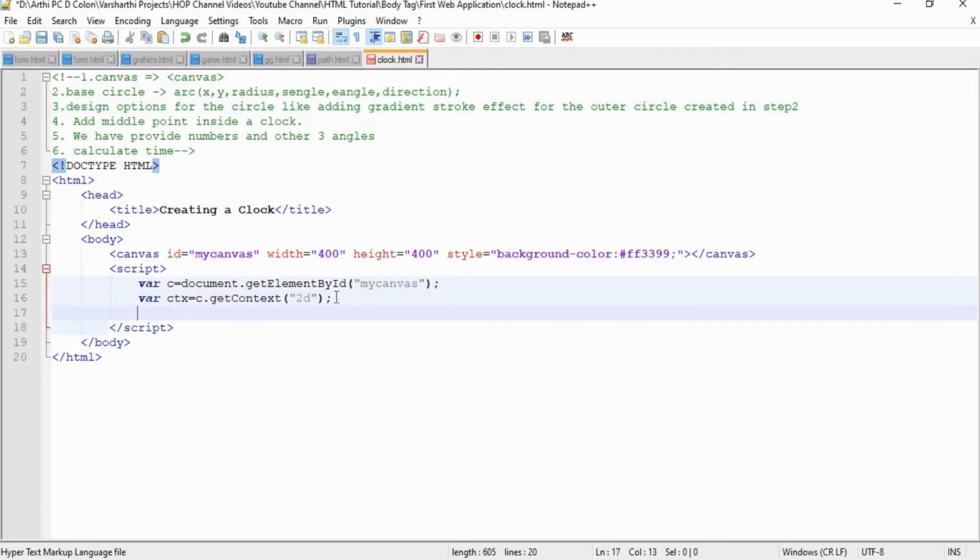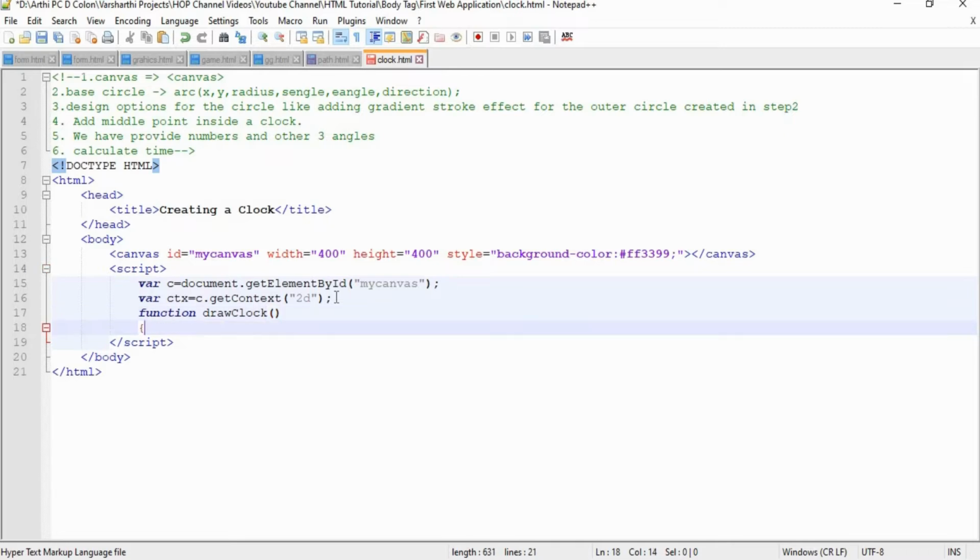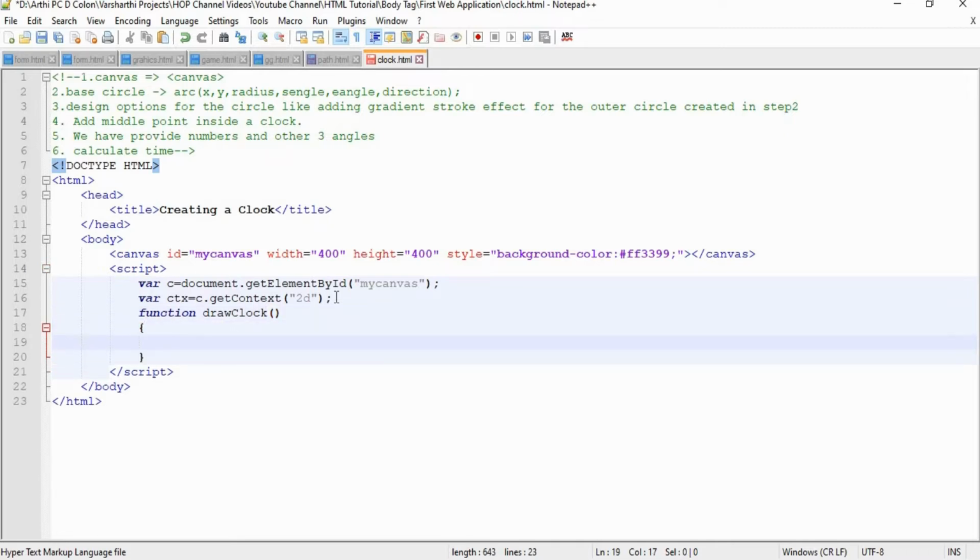So now I'm going to create a function, just drawClock. Inside it I'm going to create an arc function, ctx.arc of 0, 0.